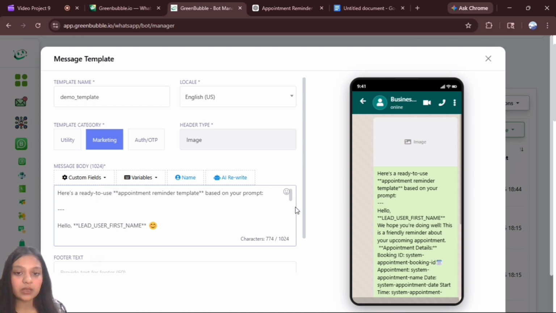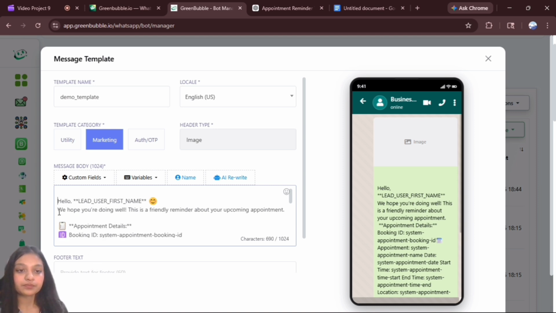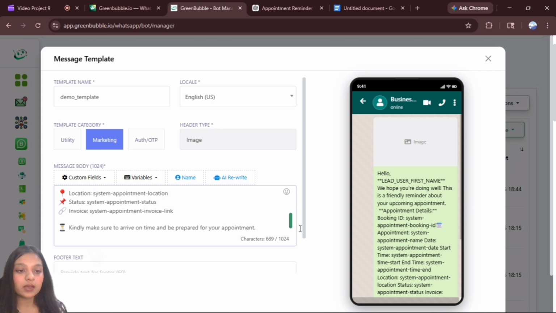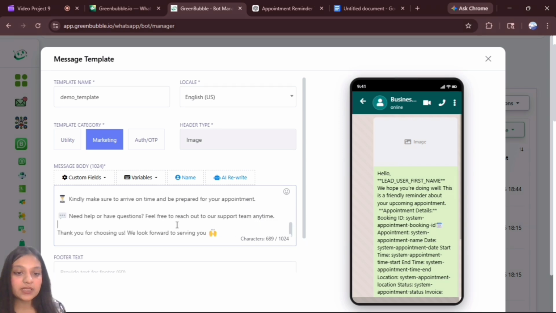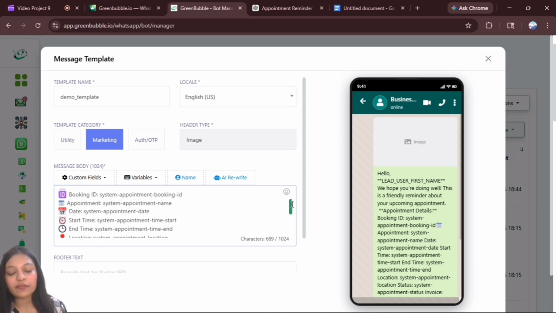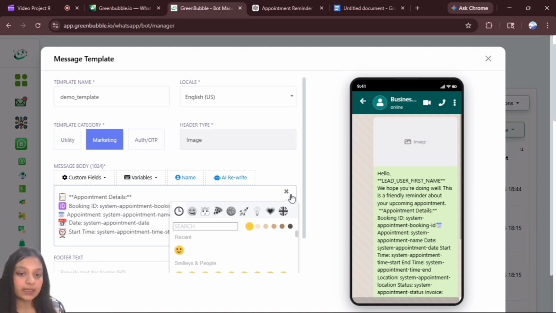As you can see, we'll remove extra text. As you can see on the left side of my screen, this is how the template will look. And as you can see, the outro message, thank you for choosing us, we look forward to serving you. These things are really efficient. If you're a shopping brand, these things are a priority to create a hook for your customer and increase leads.